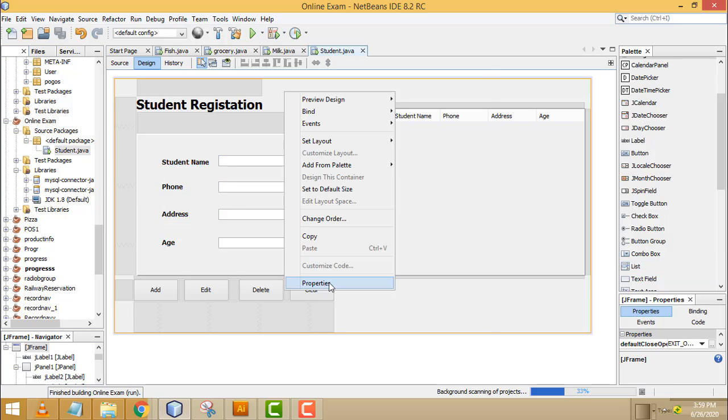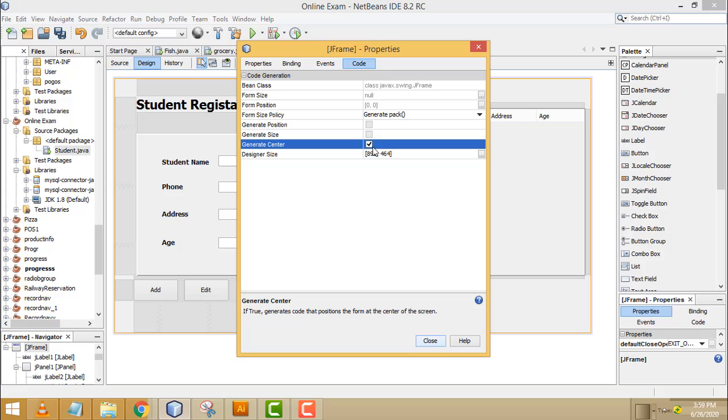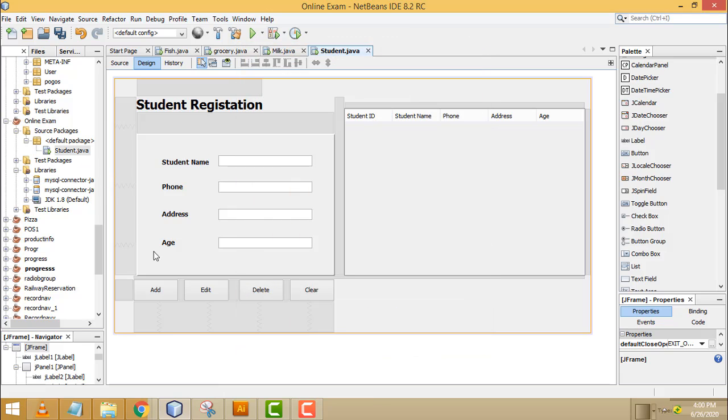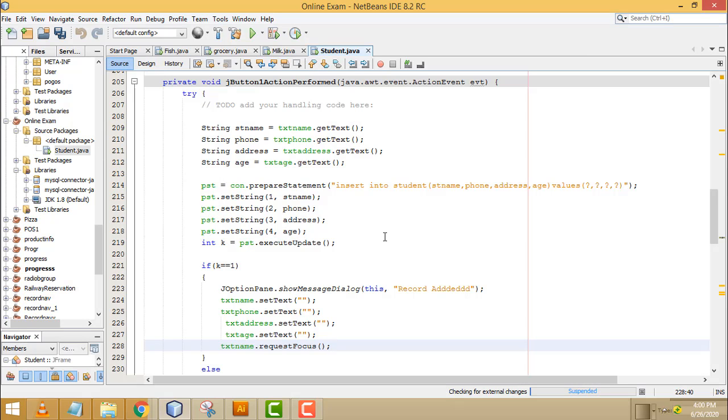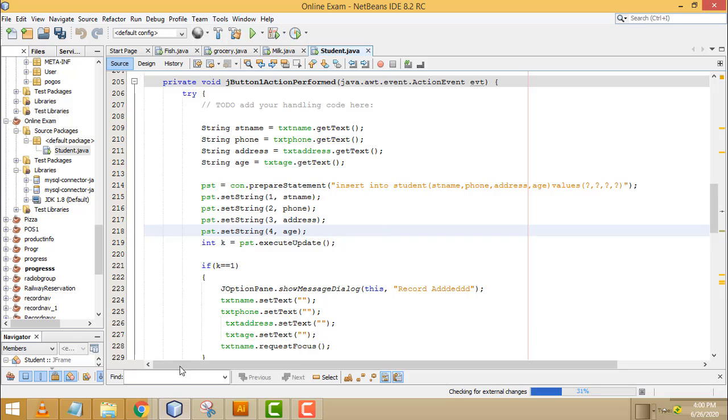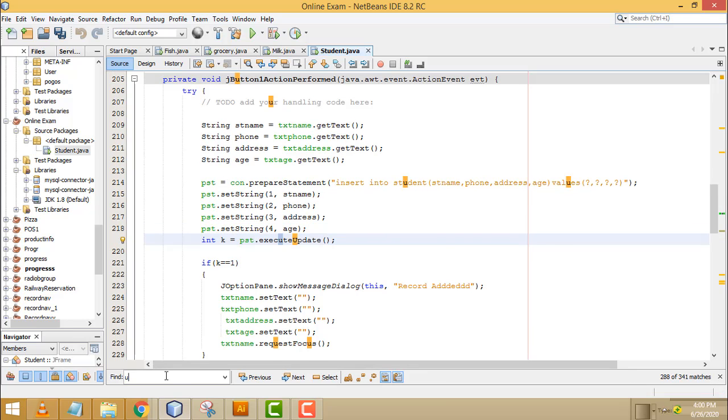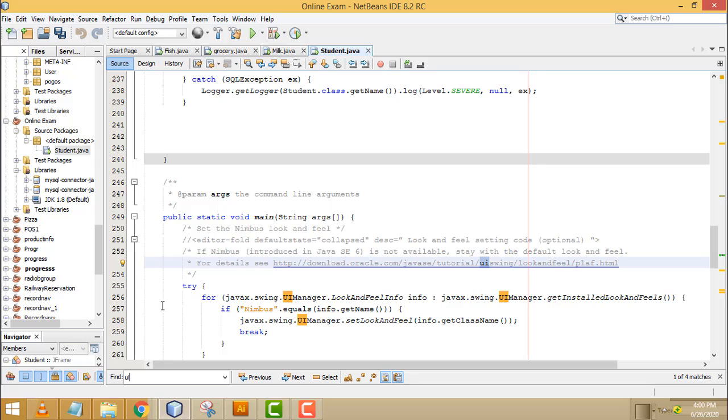So select this one, properties, code, generate center. Now another very essential thing we have to do: go to the source, Control F, your UI design. You have to select here. We have to change it to Metal.